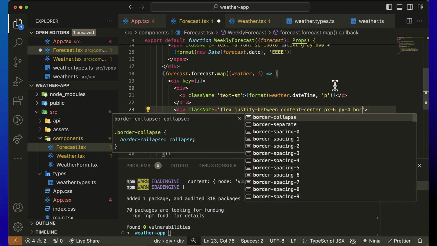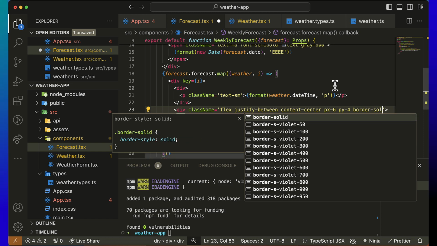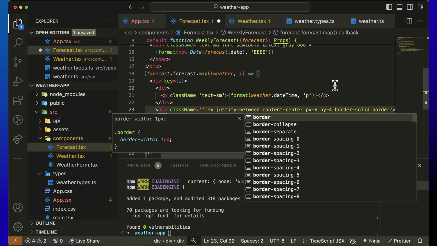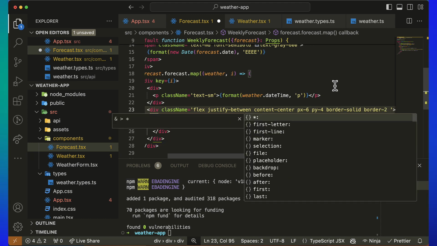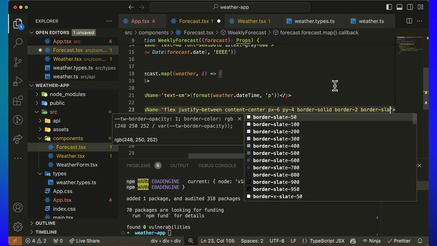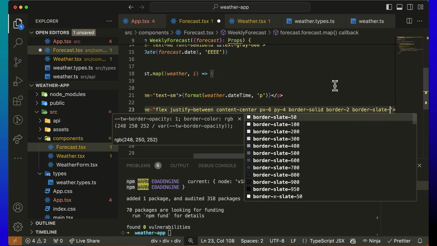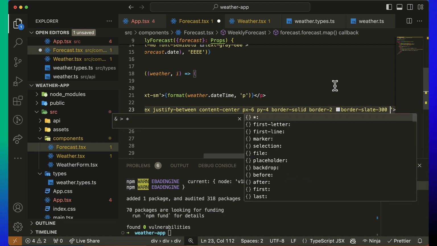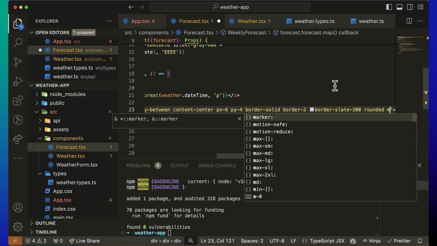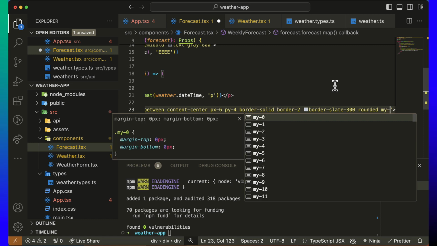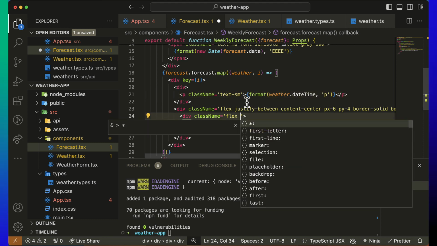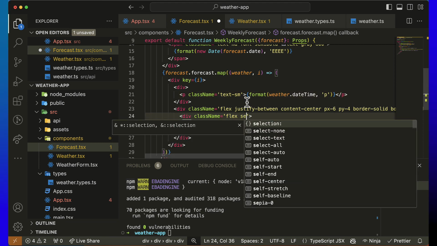And we want a border which is solid, and border which is 2 pixels, and then border which is slate 300, and then have this be rounded, and then I want a margin top and bottom of 2, and then within this other flex container we just want to center